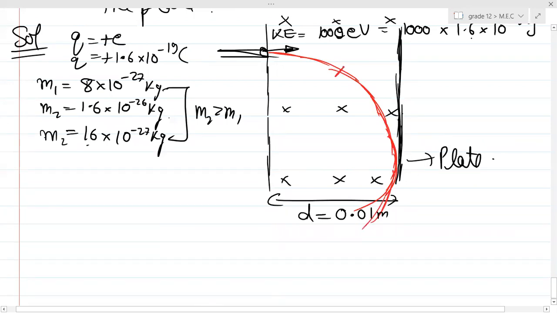I had one doubt. Yeah, tell me. For minimum magnetic field, whatsoever be the magnitude, theta is always 90. No, it's not necessary, but we are trying to make the force maximum. To make the force maximum, we have taken theta as 90 degrees, although they have already given it in the question.